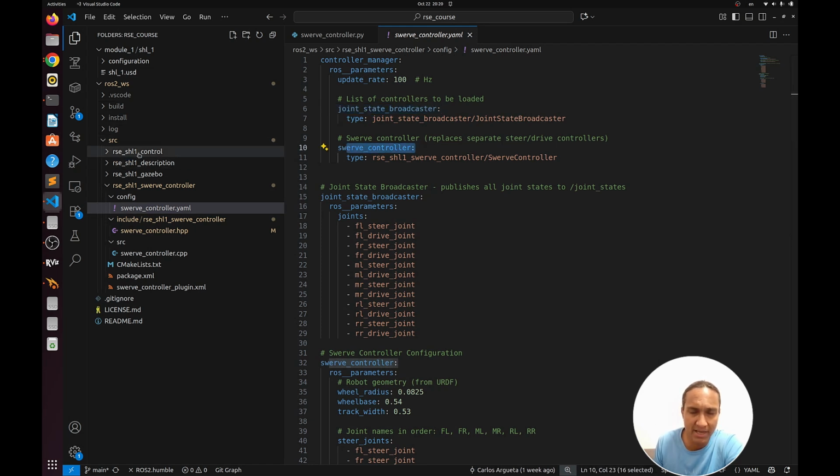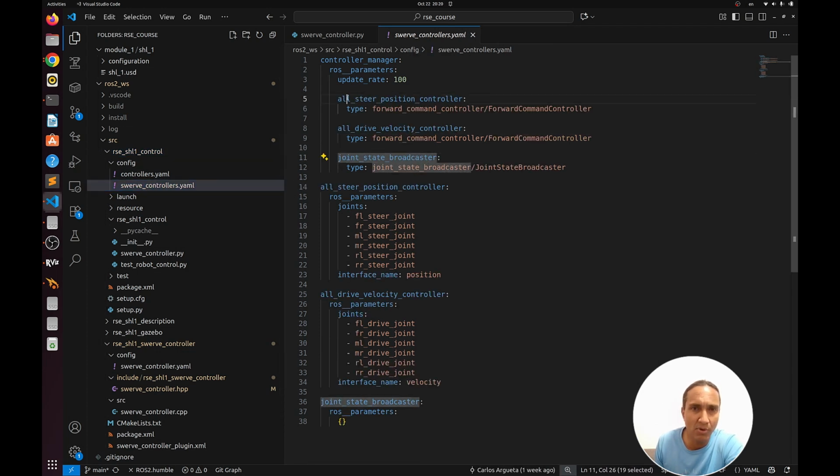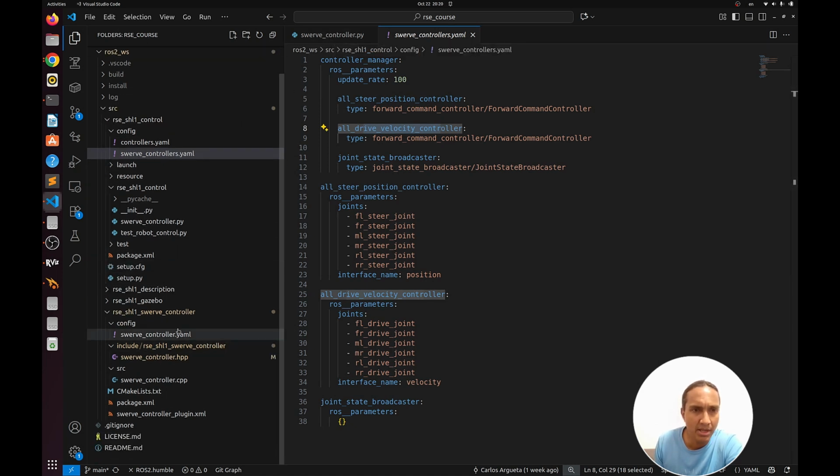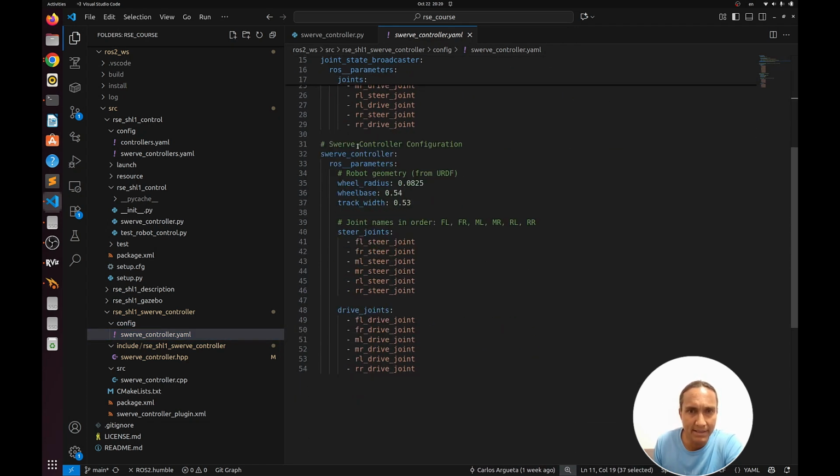We don't have independent controllers like all steer position and all drive velocity, six of them for each kind. Now instead we have one state broadcaster and one swerve controller that will get the wheel radius, wheelbase, track width,